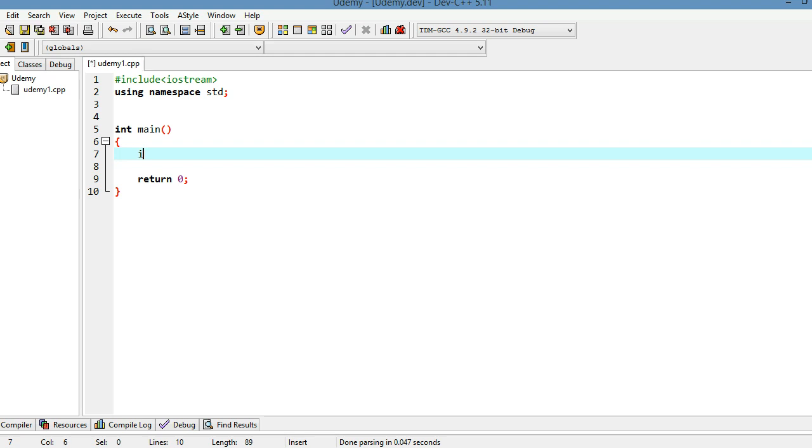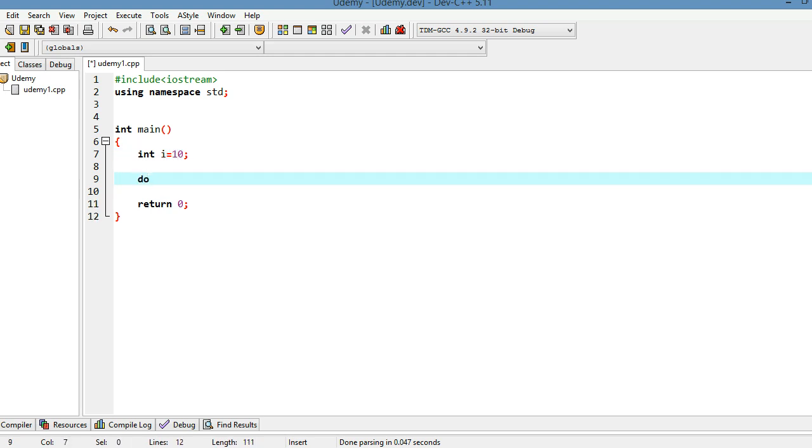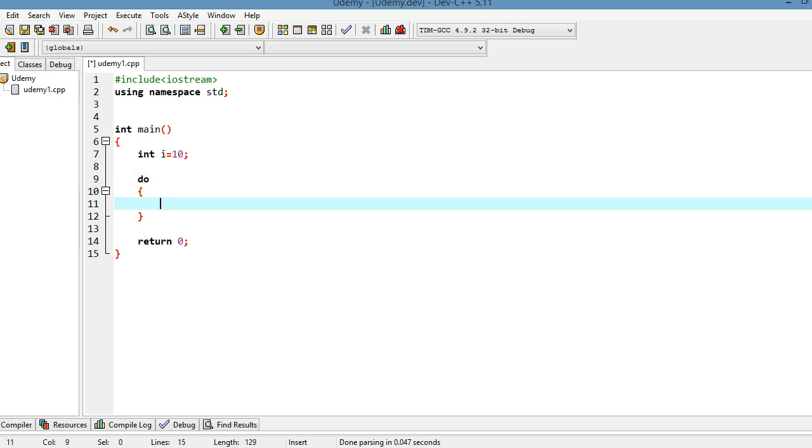So I will create one variable int I, and I'll assign the value of I as 10, and now I am having my do-while loop. Do this set of operations, that is cout, "value of I is equal to", one space I'll give, and I'm going to print the value of I, and another one endl.